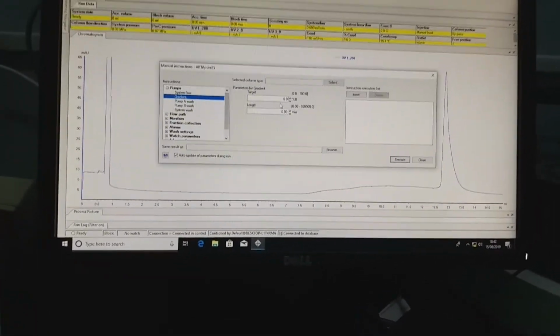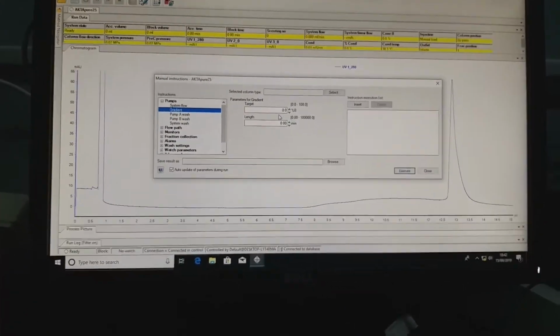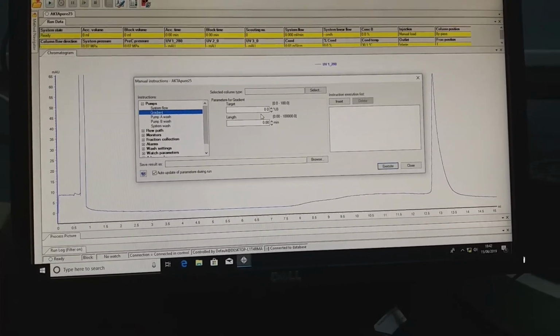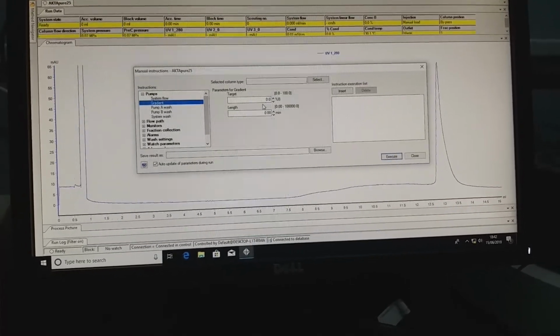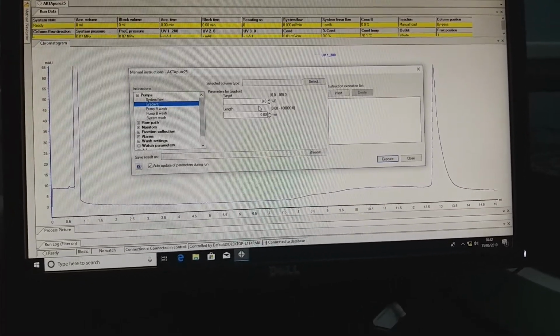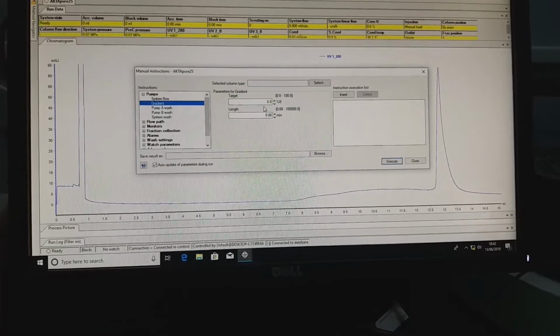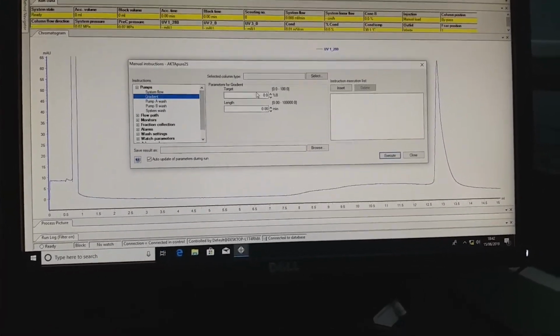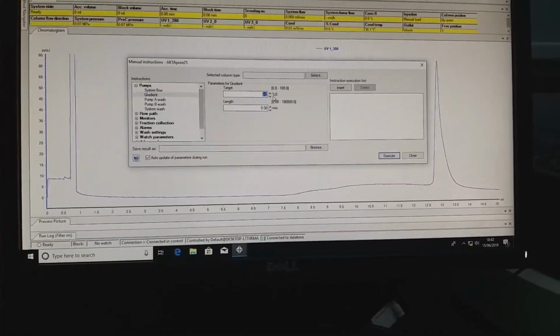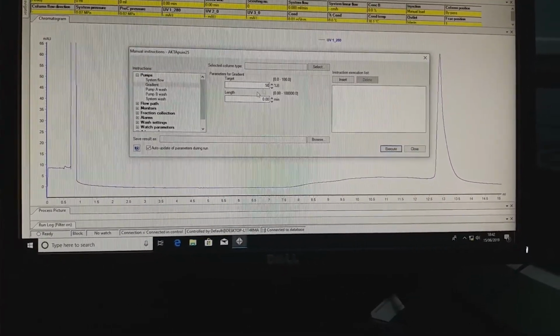Suppose you want to elute a protein with a gradient, and you don't know at what particular concentration of imidazole, if you are using a nickel NTA column, or at what concentration the higher or lower molecular weight protein elutes. With this you can adjust the concentration and length.